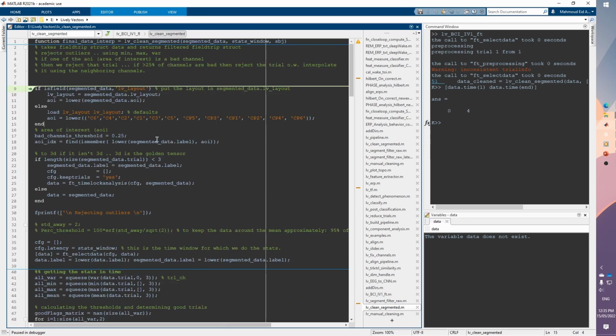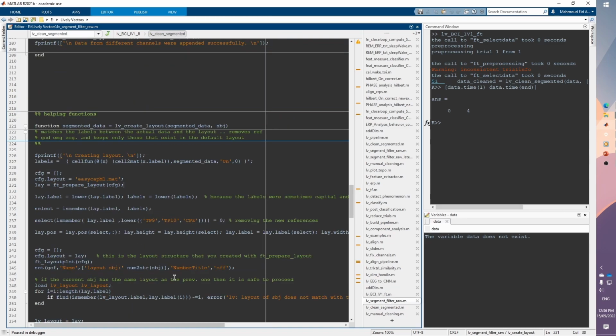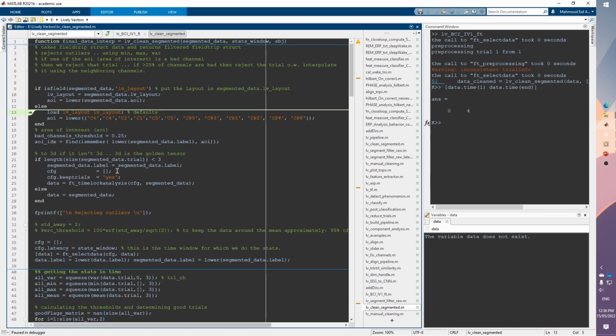So here we have 12 channels. We didn't specify the layout, so it's going to jump to else, and it's going to load this layout that I have created with this part, and then